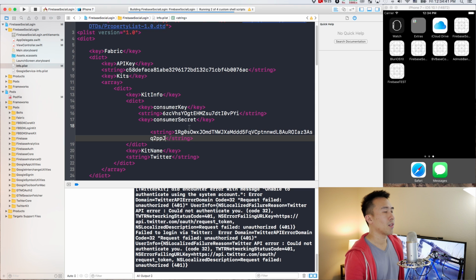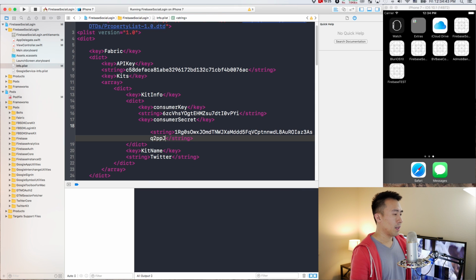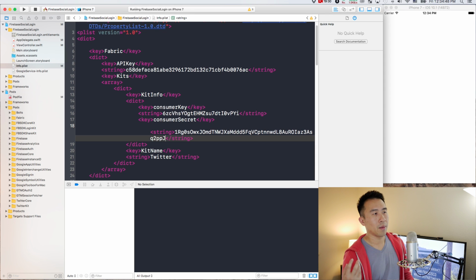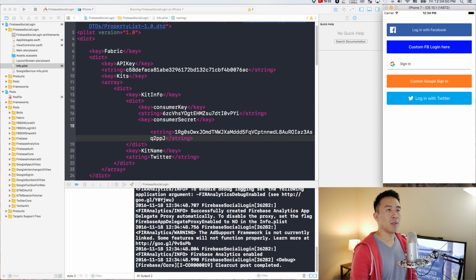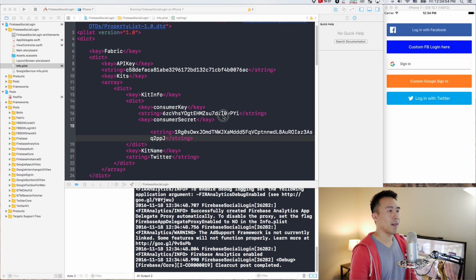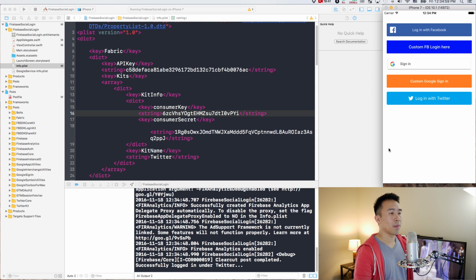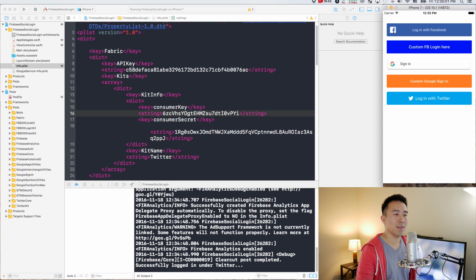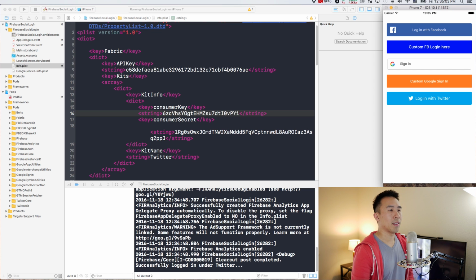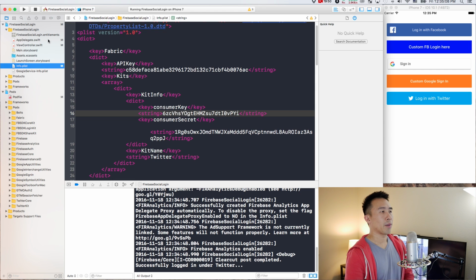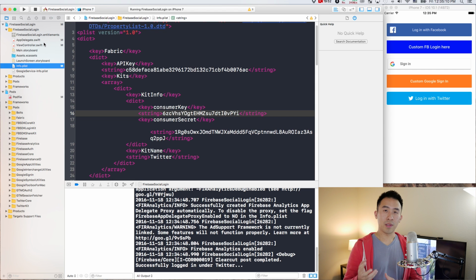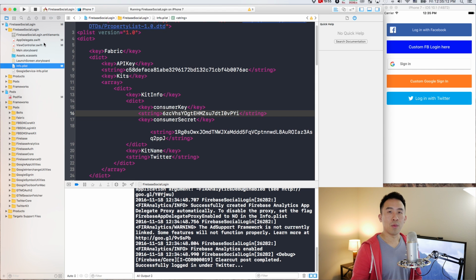And let's try to run this. So obviously you don't want to let anyone know what your keys and secrets are, because once someone has a hold of it, they can really do some nasty things with your application. So those two fields are set up now. If I click on this, it's going to, at the very bottom, say successfully logged in under Twitter. So that means that I can start the integration process to use this Twitter user and log in with Firebase